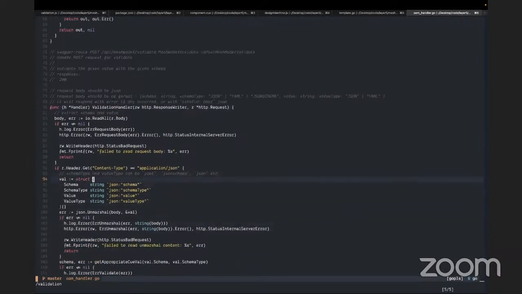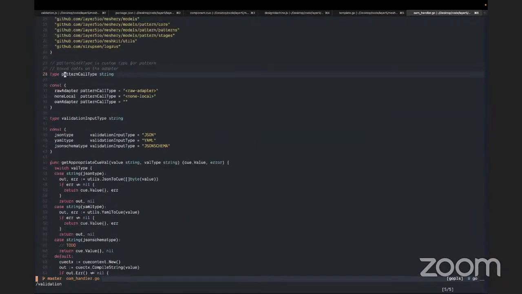The structure right now is subject to change, but the request is expected to have the schema, the schema type, and then the value and the value type. You give a schema and a value, and it validates.